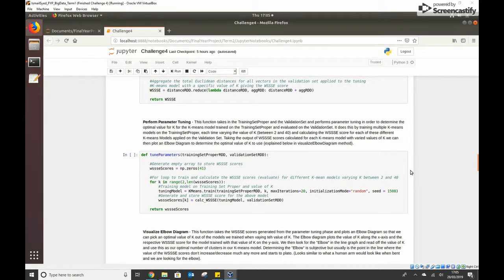So using the training set proper and the validation set, what I did was train multiple K-means models using different values of K, which range between 22 and 40. Trained this model on the training set proper and evaluated it on the validation set, and then generated the WSSSE score for each of these 38 different models with varying values of K. Once I then have these 38 WSSSE scores,